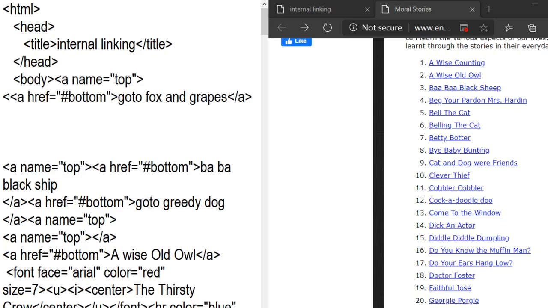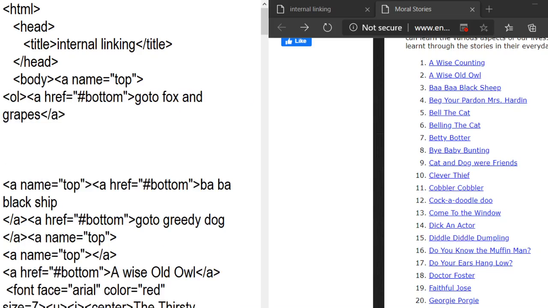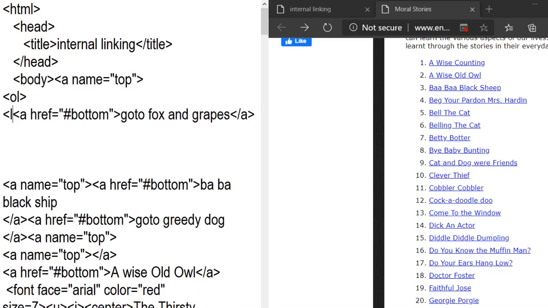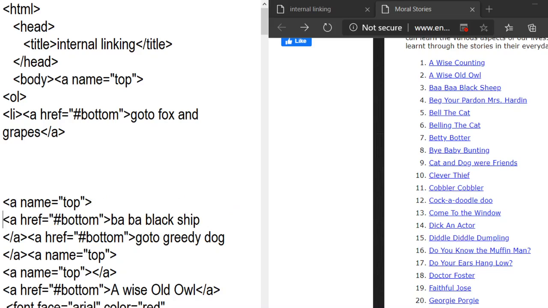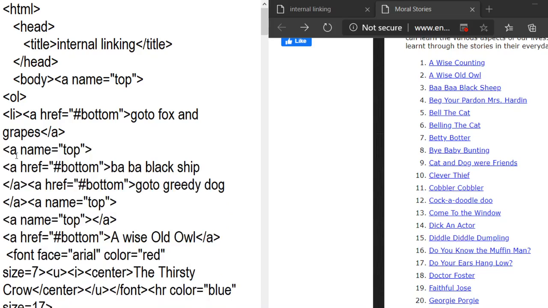For example, I have one attribute here, a href is equal to bottom, go to Fox and Grapes. So you can write down here ol. Okay, and after ol you can write li, list item, and in the list item you write the hyperlink, a href is equal to bottom, go to Fox and Grapes. My second link is here, a href Baba black sheep.